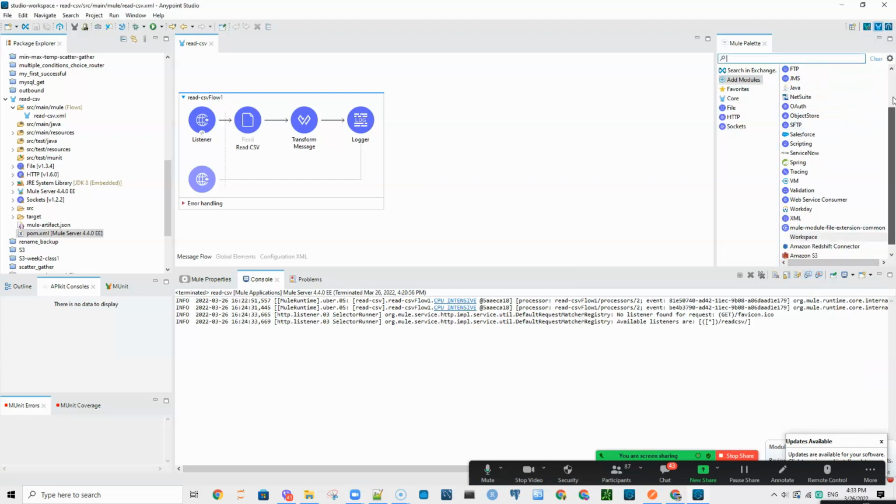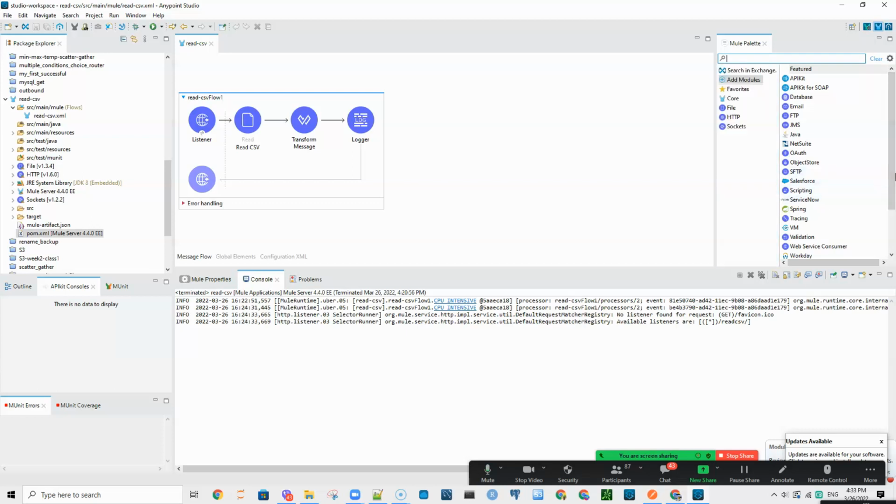As you see here, there are many modules already, but these are not an exhaustive list of modules. There are lots of modules on Exchange. And yesterday when Anwar was talking about Exchange, he said Exchange is a place where we share our different modules, connectors. They are called assets, APIs, templates, and so on. We'll see them one by one, what they are. But now let's see how to add